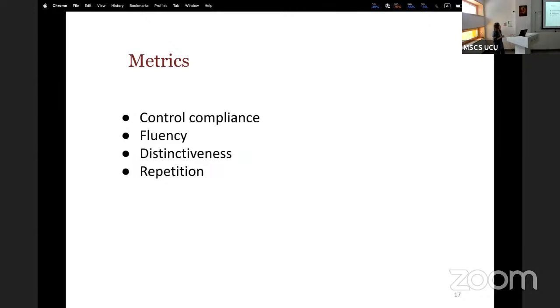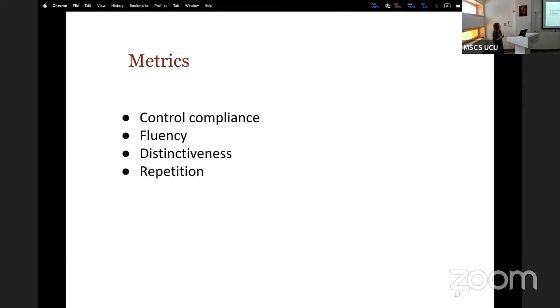For the assessment of our models, we designed a set of metrics. It's based on previous work in comparable text generation, especially diffusion models and papers on diffusion models, but it's more comprehensive, and the metrics are specifically for our tasks. We want our model and generation results to comply with the control condition first, because it's what we want: for it to be positive or to have specific lengths.